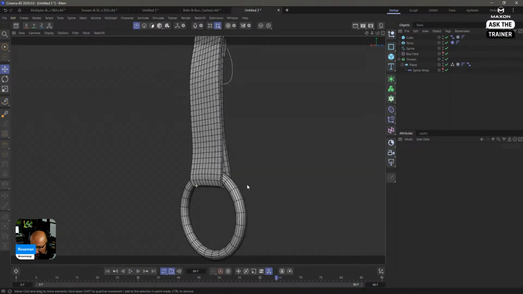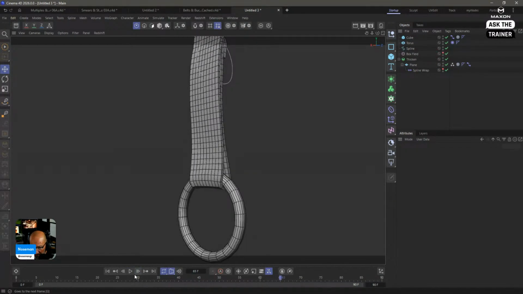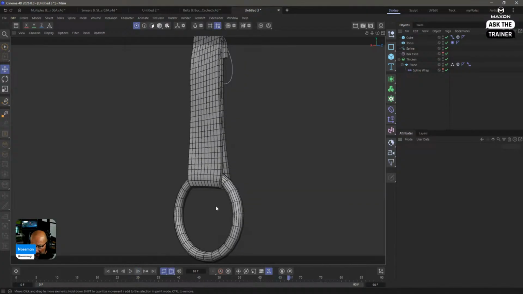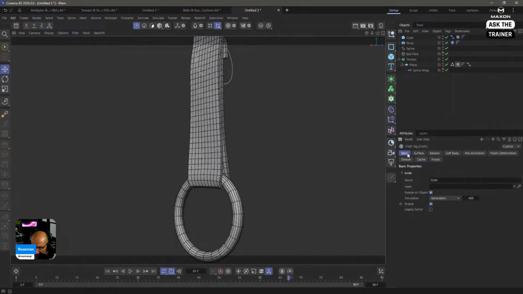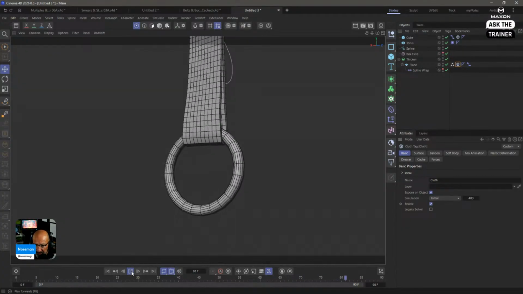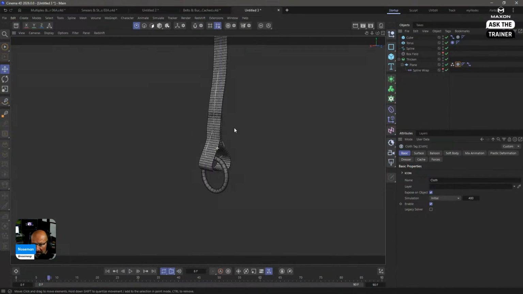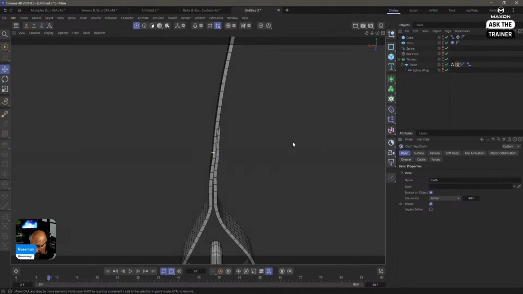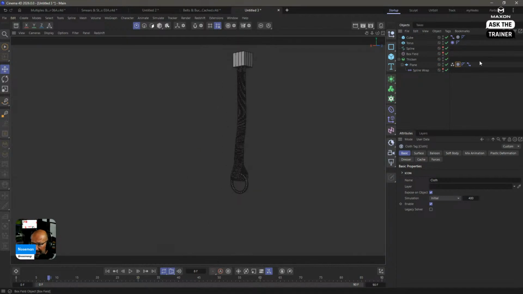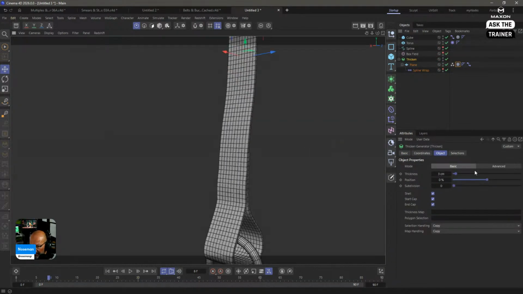But you will see that there may be a problem with priorities. Look at that. So when you get to this point and you cache it, make sure you go to the cloth cache, this one here, that's under the thicken in the basic tab, and you set the simulation to initial. That's what you need to do. And now it's going to play properly. This is something that our fantastic developers are aware of and are looking for a solution. But in any case, now you have something.